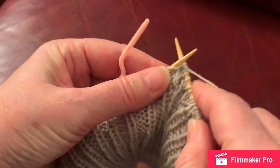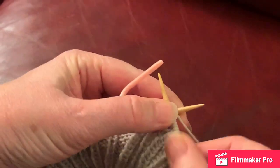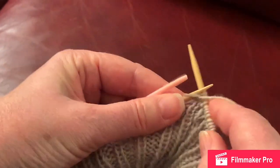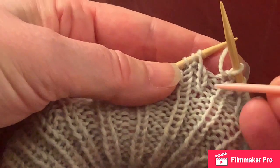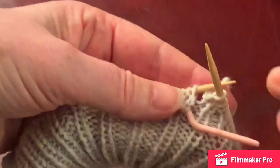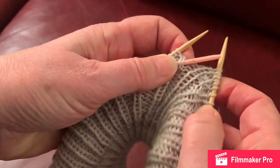So then you'll do a purl, a knit, and a purl, and we'll do it one more time. Again, you're going to go down 1, 2, 3, pick that up, and then knit